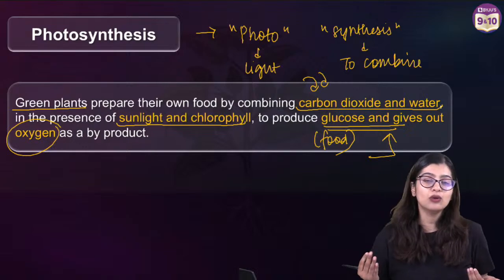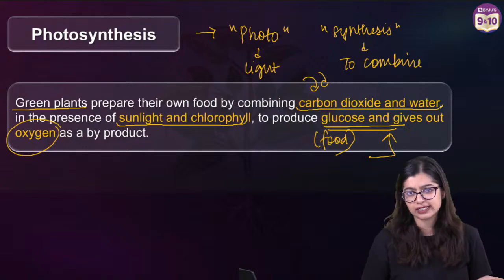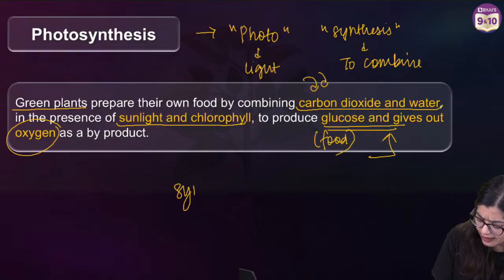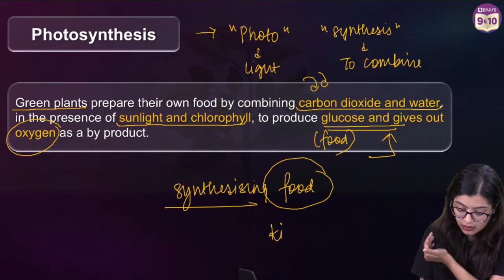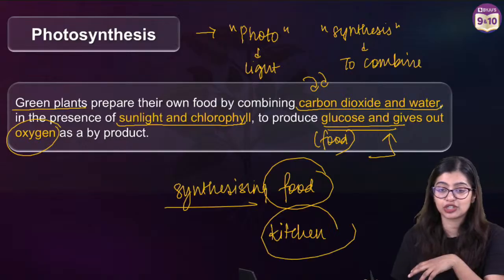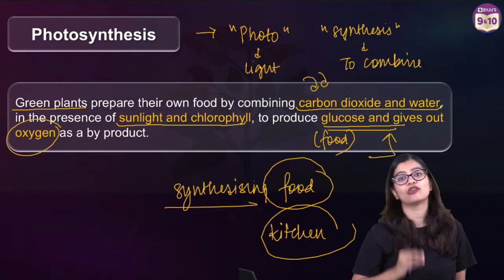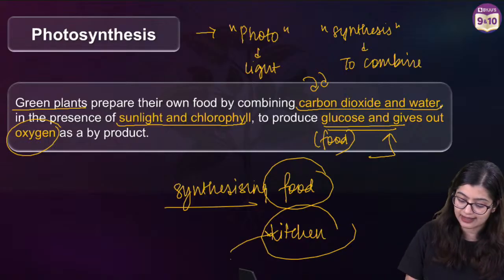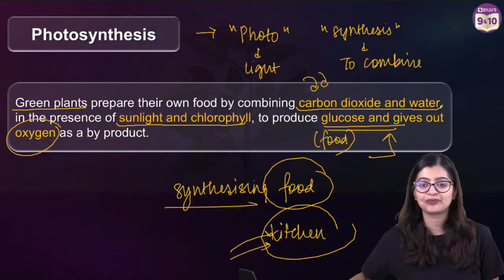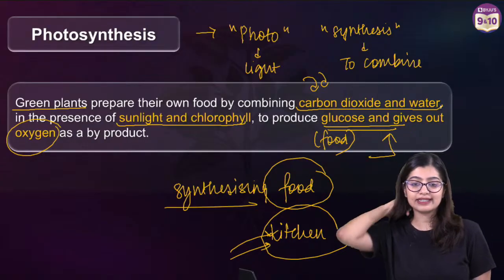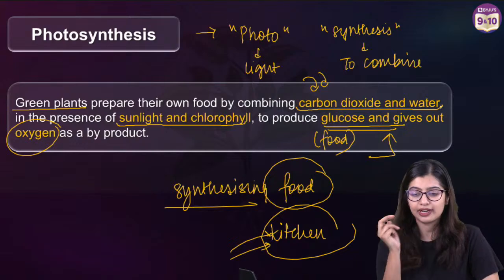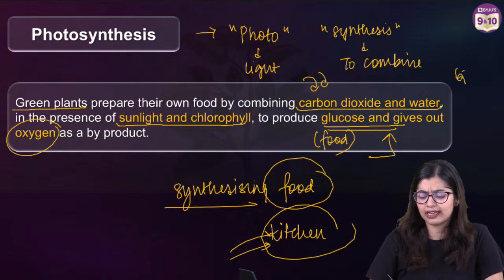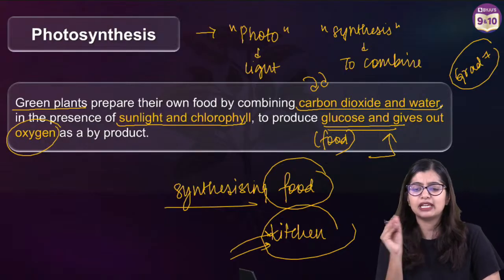Now, where does this process of photosynthesis happen? Technically, they are synthesizing food, right? So where is the kitchen? If food is being made, food is going to be made in the kitchen, yes? So where is the kitchen of the plant, or what do we call the kitchen of the plant? Can you tell me? Where is the kitchen and where is this process happening? You should be able to tell me by now, right? Simple. This is a grade 7 and grade 5 concept. Easy peasy question.